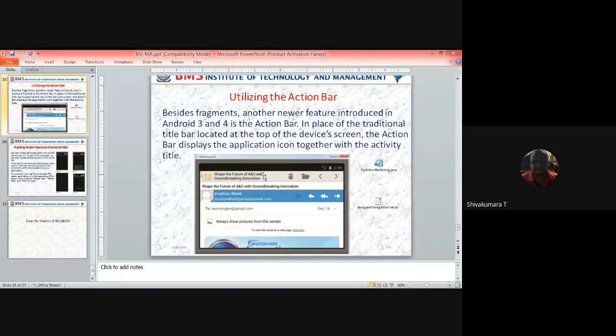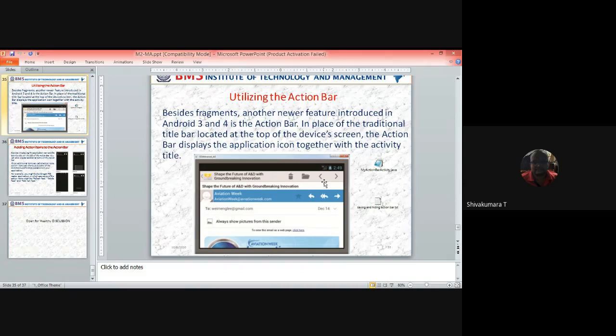And beside that, there are icons: a dustbin icon for deletion, a folder icon for opening a new file, and back navigation and forward navigation. So these are all shortcuts.